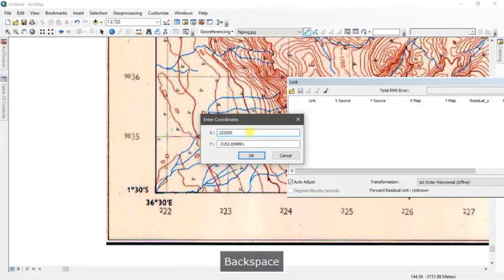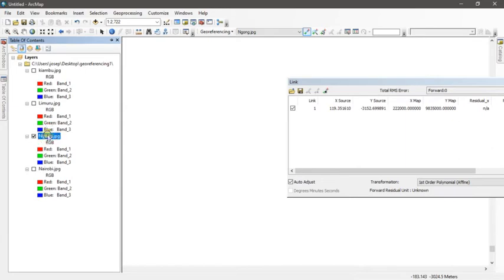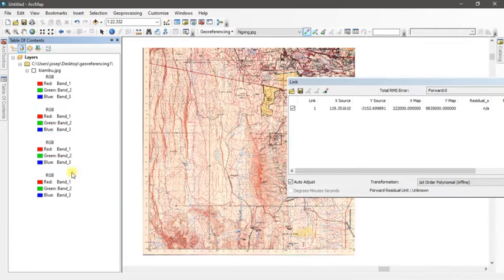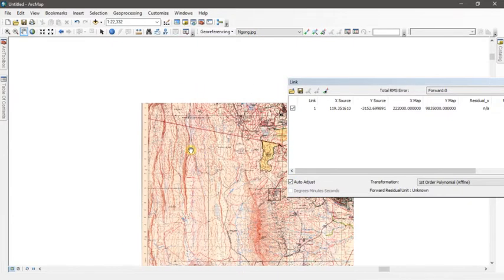Okay, I've written minute. Okay, that is 98,35,000. Okay, the image disappears. Zoom into layer. If you don't want your image to disappear when adding the control point, you can always untick auto adjust, then it will just work well.